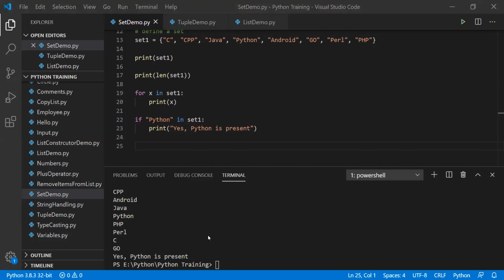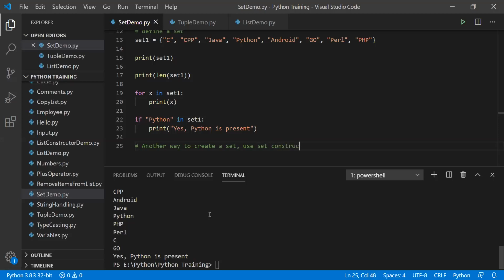Similar to that, I'll write again. Another way to create a set is to use the set constructor.